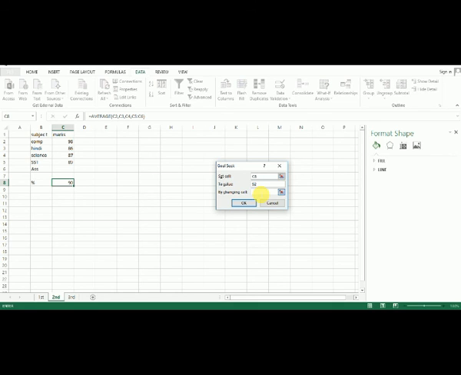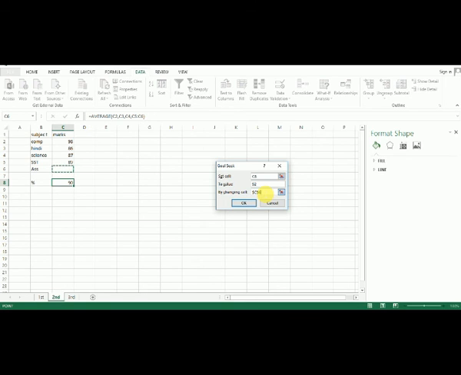The third field, by changing cell, is the cell where Goal Seek will place its answer. Actually, I want to use this cell here, C6. In our example, we will select cell B6 because we want to determine the grade we need to earn on the final assessment. When you are done, click OK.